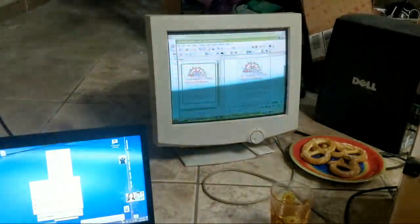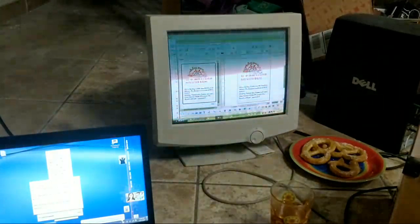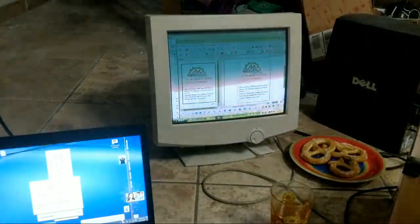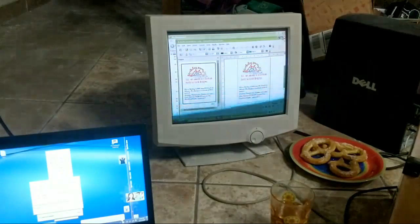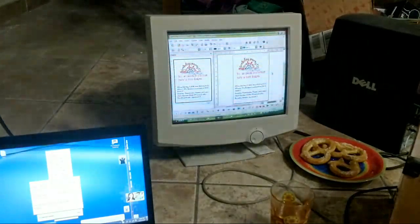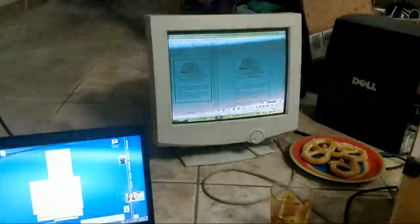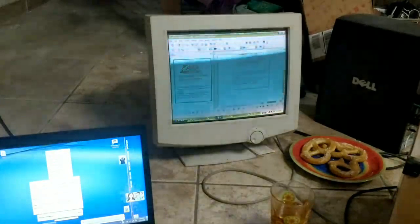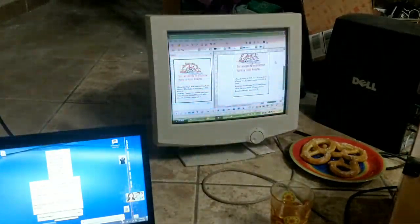You're invited to a birthday party for Caleb Rogers. Full screen, please. When? Saturday, May 7th, 2011. Wow, I used this computer in 2011. From 12 to 2:30. We're the Rogers residence at 115 South. This house, one...